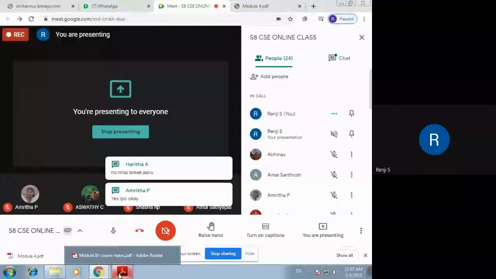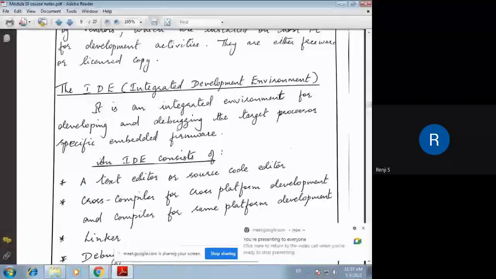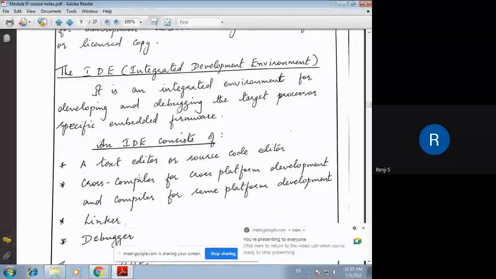Okay, so now we are going to IDE. That is, what is an IDE, or integrated development environment? So you might have heard of IDEs earlier. Some of you might have worked on IDEs. On an IDE, you get a lot of tools that enable you to write and debug your programs.